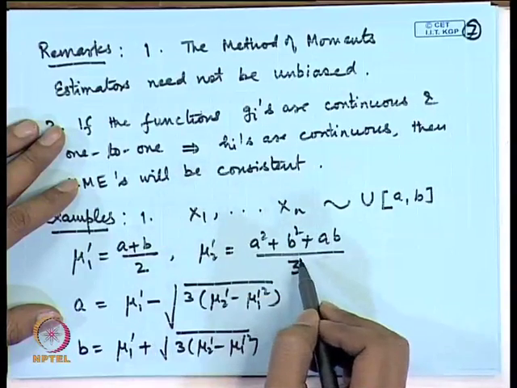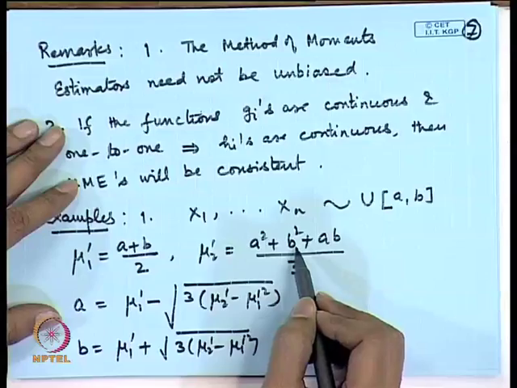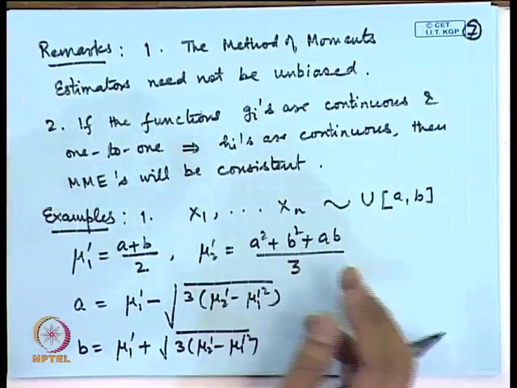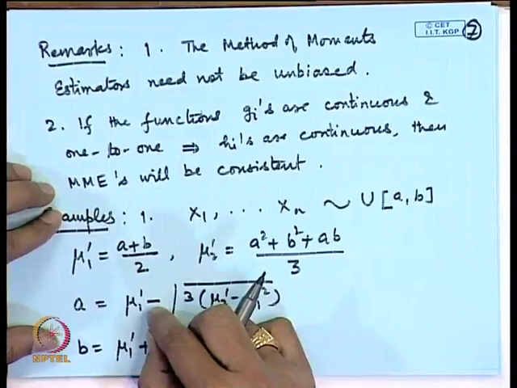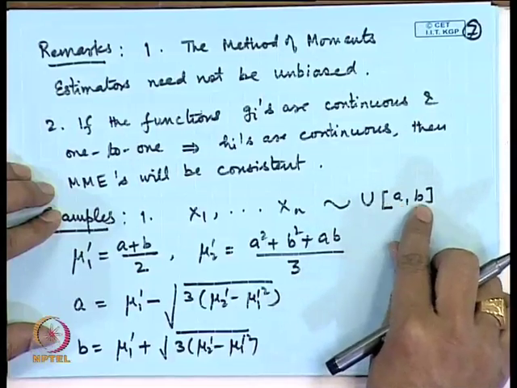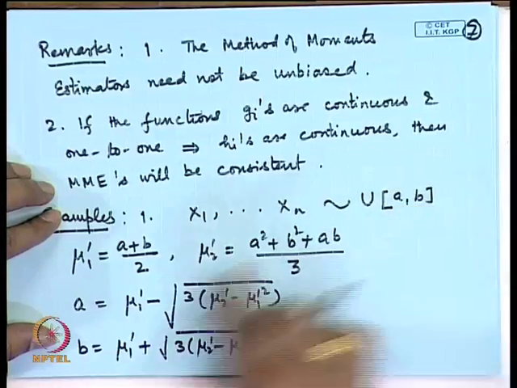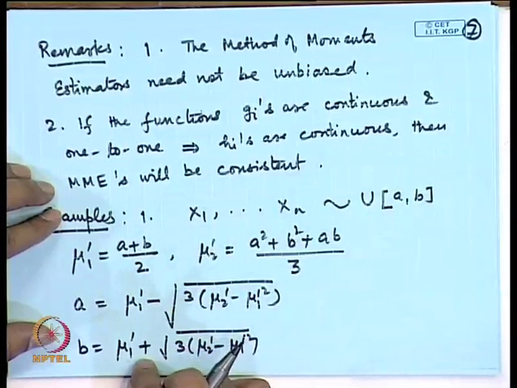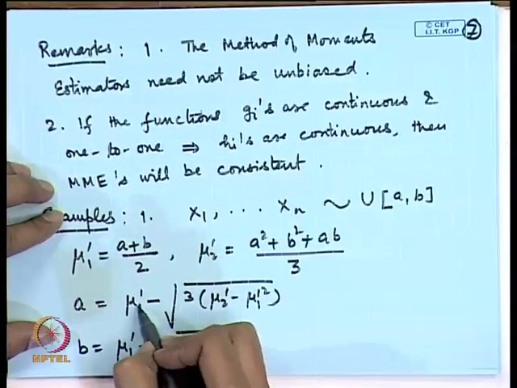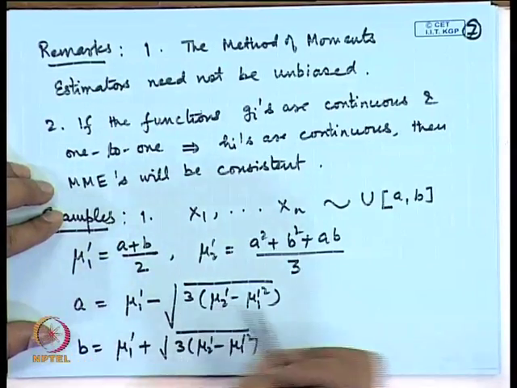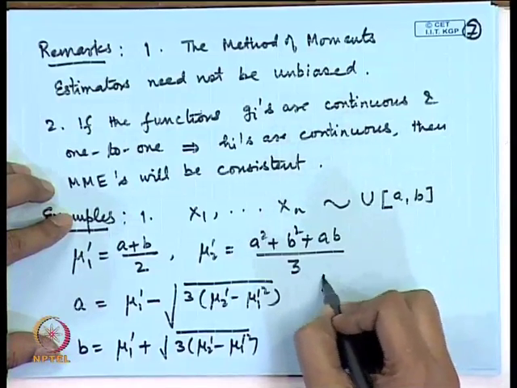However, one can solve it by making use of certain elementary relations such as a minus b is equal to square root of (a plus b) whole square minus 4 a b. So, I am assuming since the interval is from a to b, I am taking a to be less than b. So, I am taking minus value here and plus value here. So, if we substitute the alpha 1 and alpha 2 here, then the method of moments estimators turn out to be